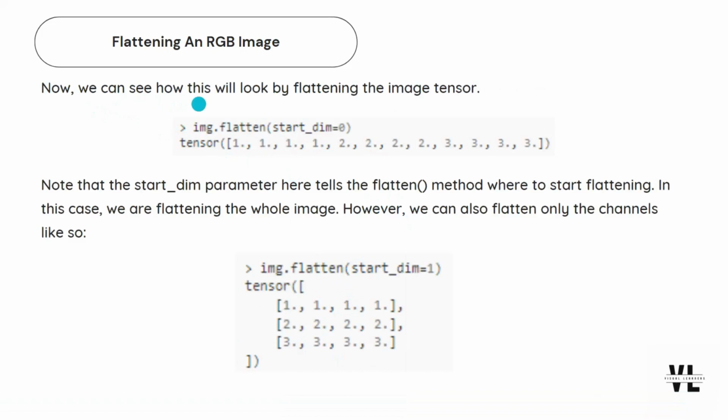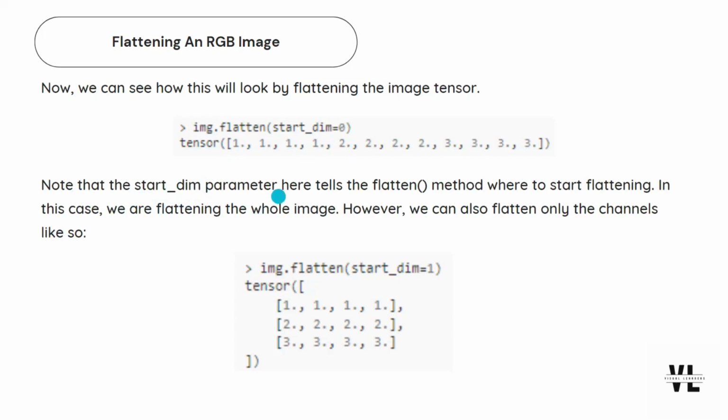Now we can see how this will look by flattening the image tensor. Now by using the flatten operation and defining start_dim equal to 0, since this is the default, it's going to flatten everything into a one-dimensional array, no matter the previous shape. But if you want to preserve the channels,